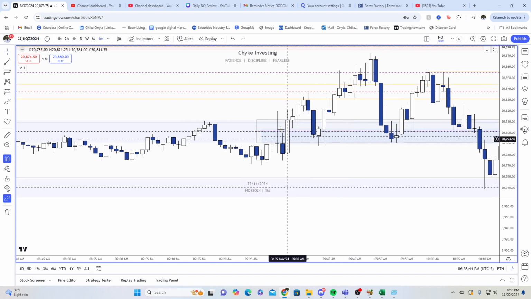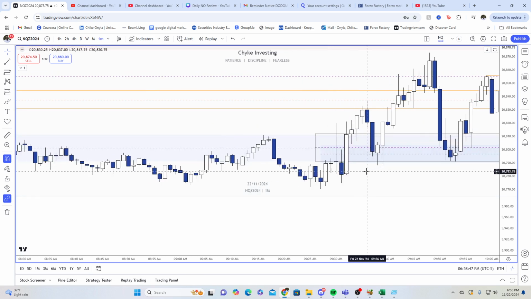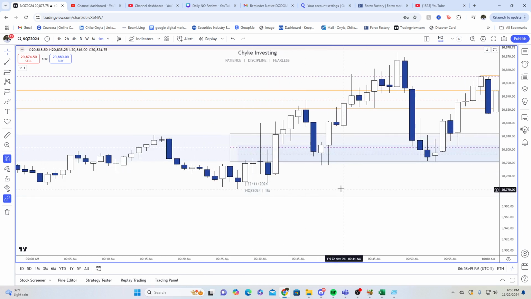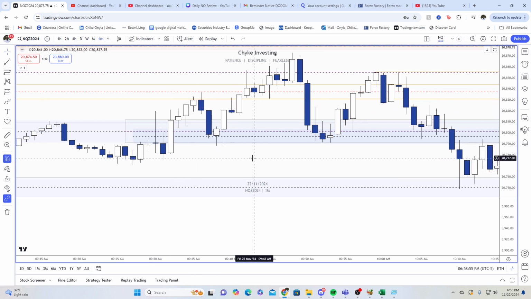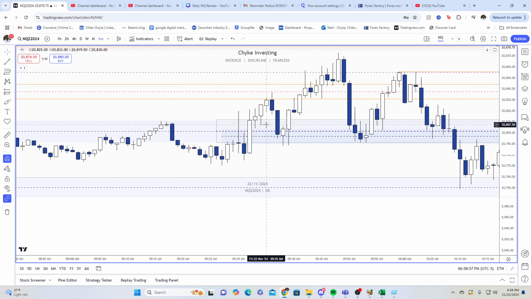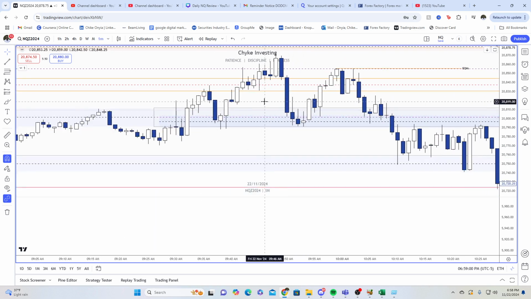But that's not an ideal 22 model because we have this wick. It's just not clean, right? I don't want that. That's too unclean for me. Plus, price is just going back and forth. We took out this London high. What if we went lower and took out these LRLs? I didn't feel comfortable about that, even though you had this breaker in place, just not really clean price action.